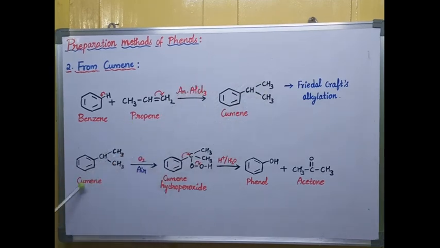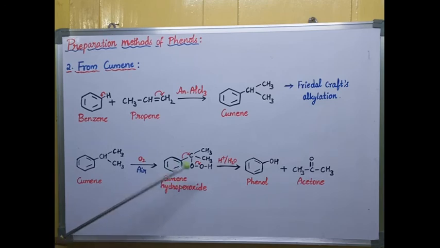This isopropyl benzene is bubbled with air now. Whenever we bubble with air, it produces cumene hydroperoxide. So cumene hydroperoxide is formed here by bubbling air through this cumene. Here two oxygens are added. You can clearly see that two oxygens are added to this carbon, producing cumene hydroperoxide.